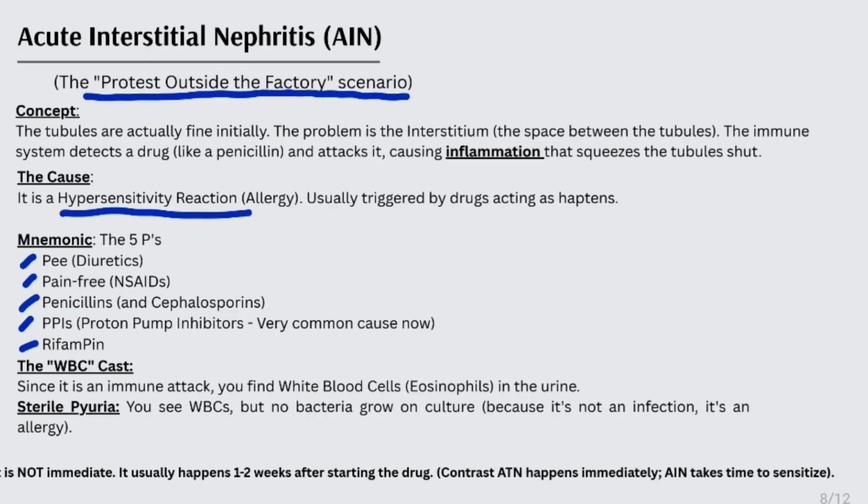Because acute interstitial nephritis is an immune-mediated process, the characteristic urine finding is white blood cell casts. You may also see eosinophils in the urine. Another important exam clue is sterile pyuria, which means white blood cells are present in the urine, but no bacteria grow on culture because this is not an infection. It's an allergic type reaction. On exams, the combination of recent drug exposure, white blood cell casts, and sterile pyuria should make you think of acute